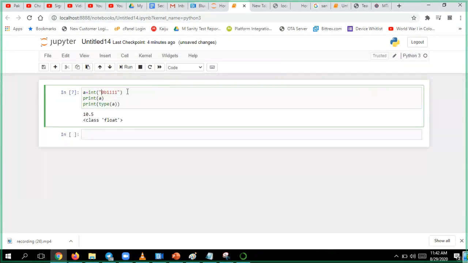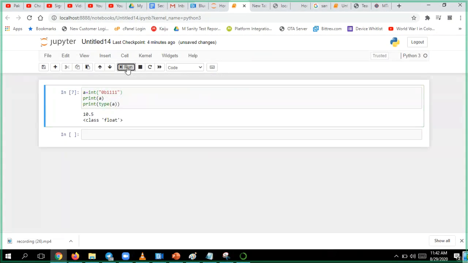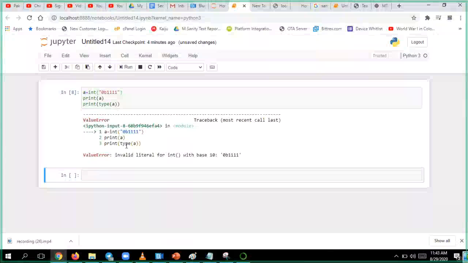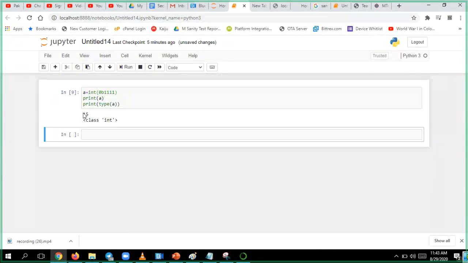Now what I have done is I have tried to take it and convert it into integer. If I try to do that, that also doesn't work, because this has a double quote, so it is a string. If you say 0b inside a string, it will be considered as normal text. Whereas without the quotes, it is considered as binary data. Now you see this, I got 15. So all fours will be equal to 15.